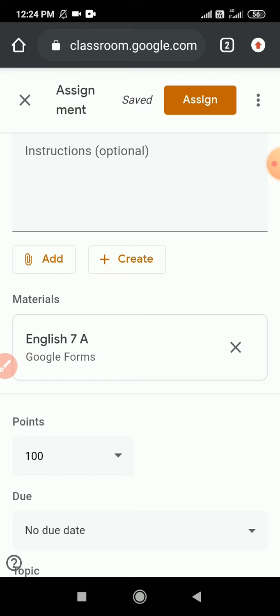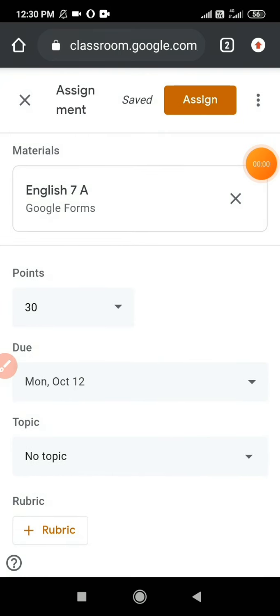Now points. Here you can see points, whatever the exam, how many marks. You can assign the points for the exam according to how many marks the paper is. And from here it is written Due.